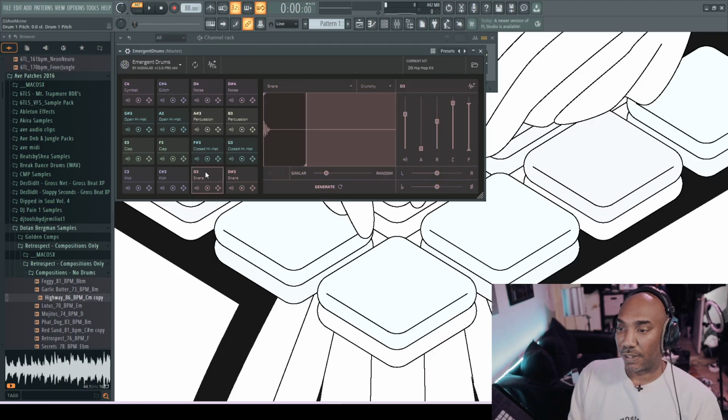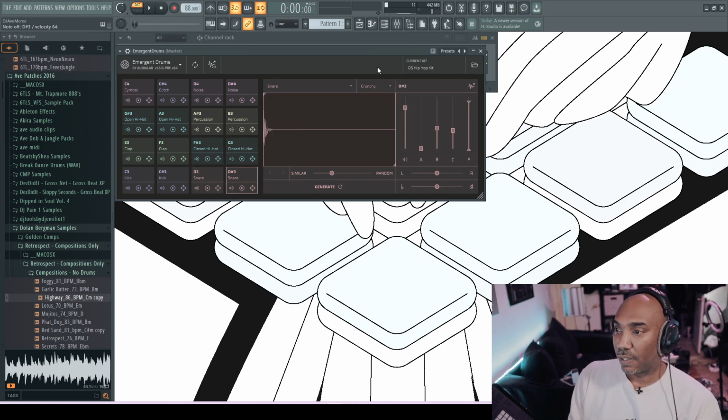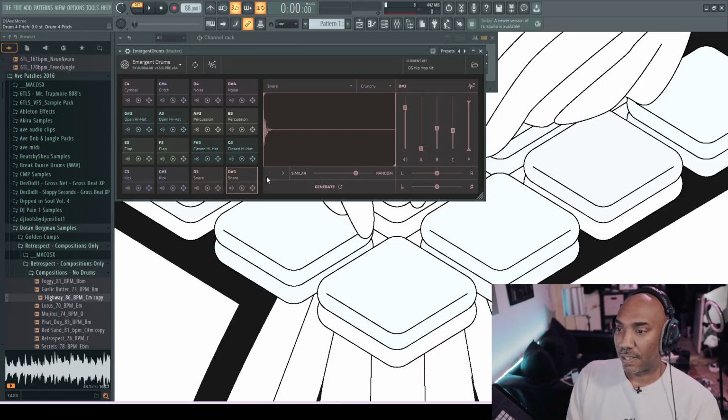So what if I wanted to change the snare? Let's go to the snare. Let's go ahead and hear that. Since it's in Crunchy, maybe I like that. Maybe I want to do a little bit more in terms of generate that. And then let's hear that snare. And let's go ahead and randomly generate through that. I kind of like that. You can always go back again, and you can always adjust things as is, and it makes the workflow a